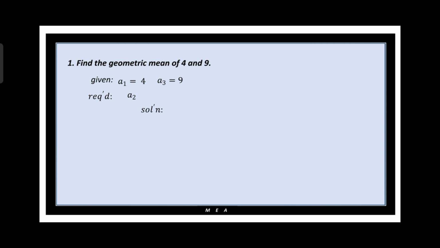So, solution. Let us list it down. So, 4, then comma, blank, and 9. So, geometric mean natin will be yung a sub 2. So, we have the formula before. A sub 2 is equal to the positive negative square root of a sub 3 times a sub 1. Substituting the given values, a sub 2 now is equal to the positive negative square root of 4 times